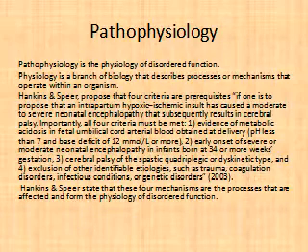1. Evidence of metabolic acidosis in fetal umbilical cord arterial blood obtained at delivery with a pH of less than 7 and a base deficit of 12 millimoles per litre or more. 2. Early onset of severe or moderate neonatal encephalopathy in infants more than 34 weeks gestation. 3. Cerebral palsy of the spastic quadriplegic or dyskinetic type. And 4. Exclusion of other identifiable etiologies such as trauma, coagulation disorders, infectious conditions, or genetic disorders. Hankins and Speer state that these 4 mechanisms are the processes that are affected and form the physiology of disordered function.